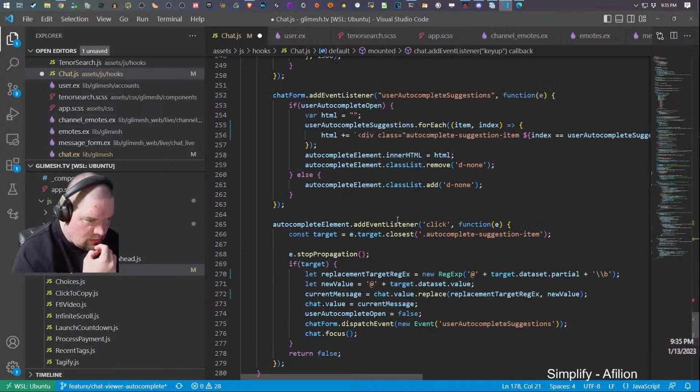I guess I can just, you know what? I can just dispatch a click on it. That'd probably be the easiest thing to do, because then it'll just go through this.